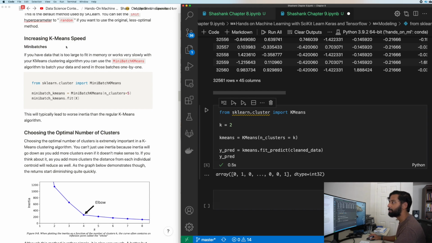First, if you want to increase the speed of k-means, this wasn't much of an issue, you can do something called mini batching. Basically, if you have data that's too large to fit in memory, because it has to fit in memory to work with Scikit-Learn, you can batch up the data and put it in bit by bit. It would be difficult for me to find data that big. I have 16 gigs of memory on this laptop, which is not mind-blowing, but I would have to find something that large. So I didn't actually implement this.